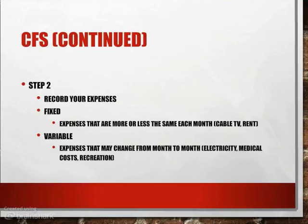A fixed expense is going to be the same every single month. A lot of times it's going to be a house payment or a rent payment, or if you're on a budget billing plan of some sort where it's the same every single month. Now,